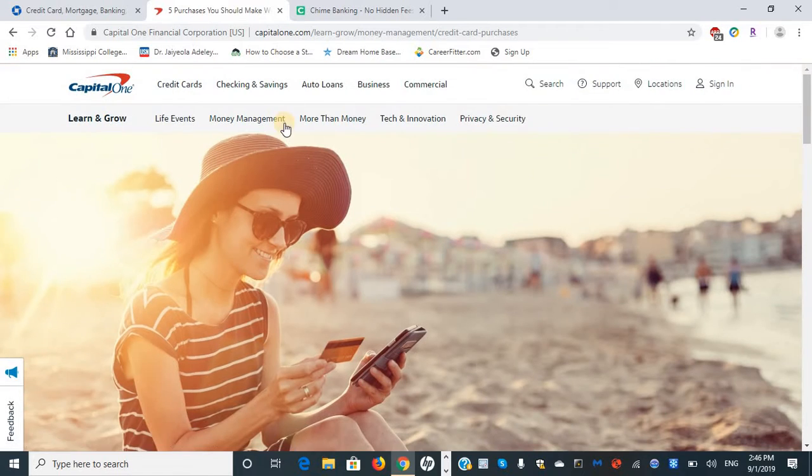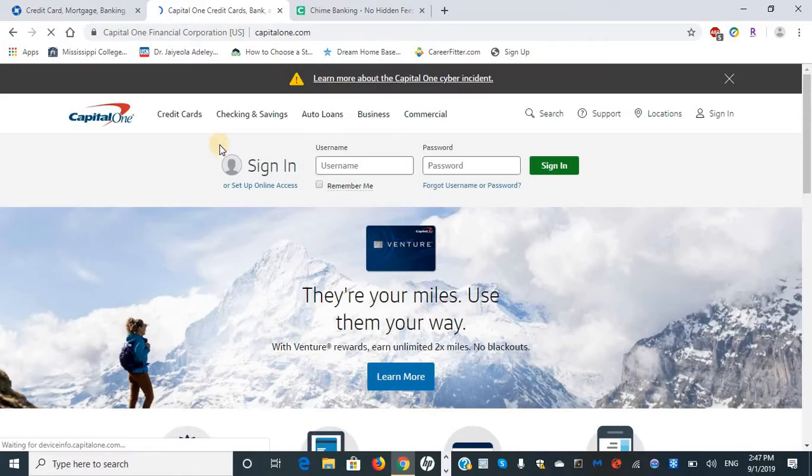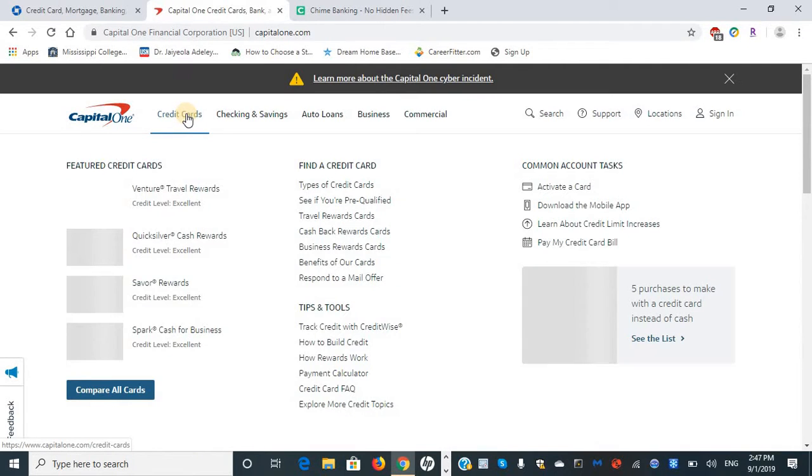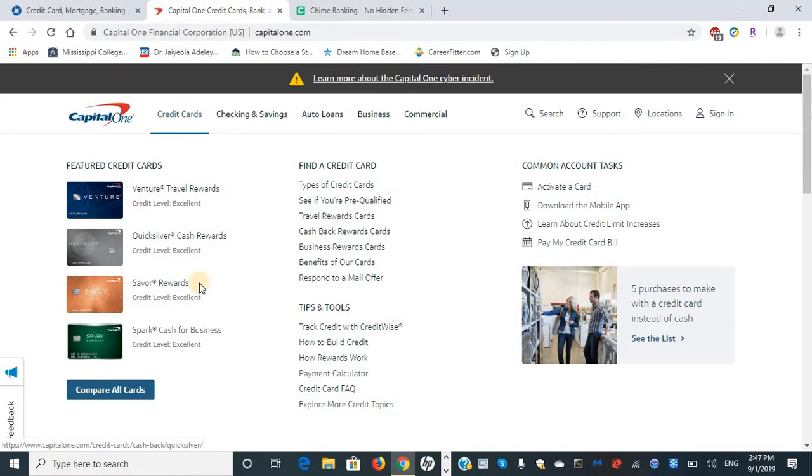So as we go back, well, we don't necessarily have to go back, but I'll just go back to the home page. Okay, so that's all with the credit cards, what they offer. And if a user wants to compare all the credit cards, just click this blue button at the bottom, which is a quick call to action to do a comparison of each card. So if we click this blue button,